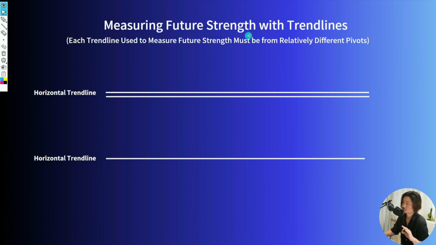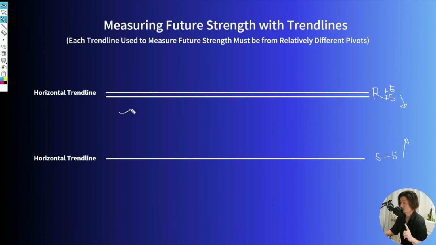All right, measuring future strength with trend lines. Each trend line used to measure future strength must be from relatively different pivots. You want to remember, each trend line creates future strength. So if there were 2 horizontal trend lines right here, acting as resistance, and each has a strength of plus 5 future short strength, and this horizontal trend line down here is acting as support with an equal plus 5 future long strength,